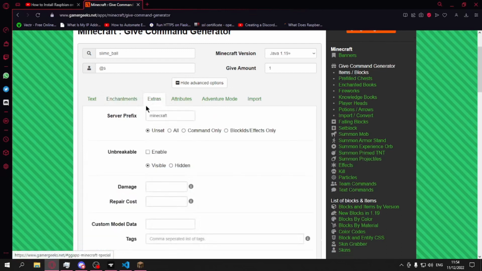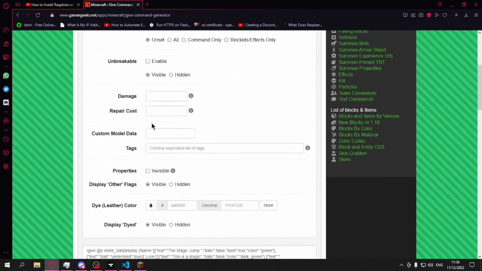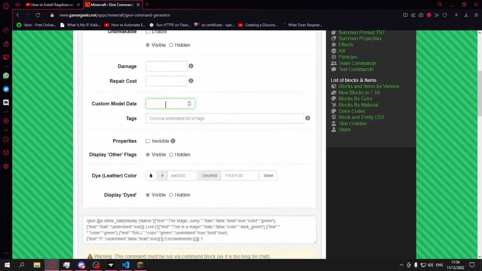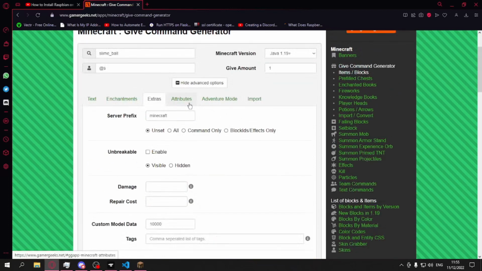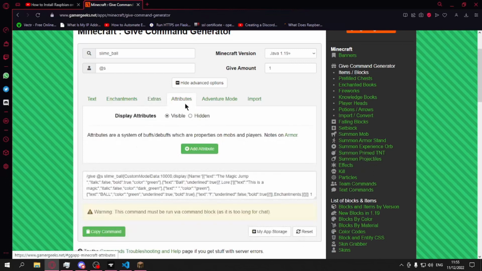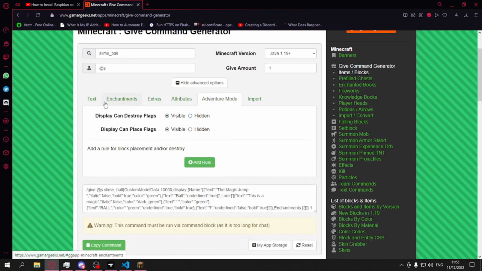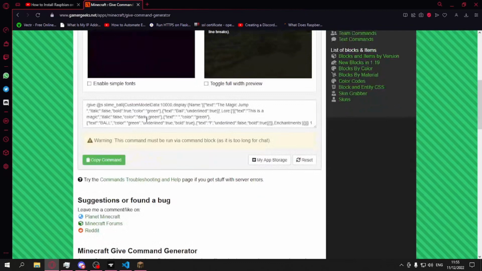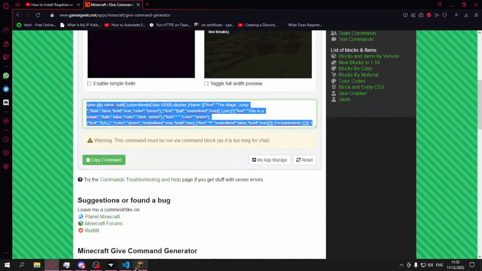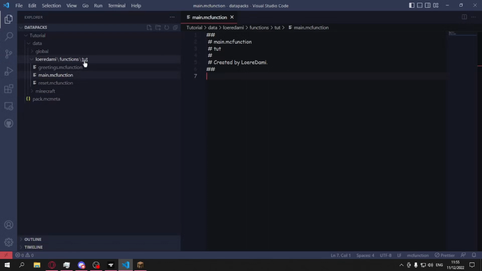And also extras, we may want to give it custom model data if you know how to make resource packs and you know what this is. I'm just going to give it here, don't worry about it. I will maybe make one day a tutorial on how you can give those custom textures, but for now we are just going to leave it like this. We could add some adventure mode flags, but we actually do not need this. And then we're just going to copy the command, go to Visual Studio Code, and create a function